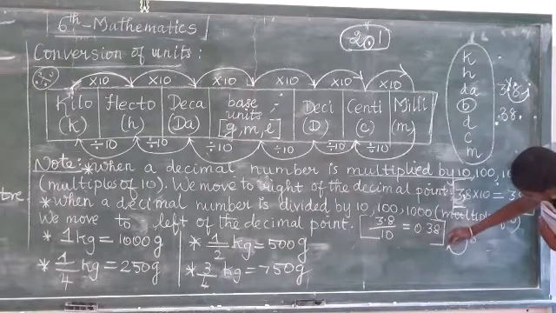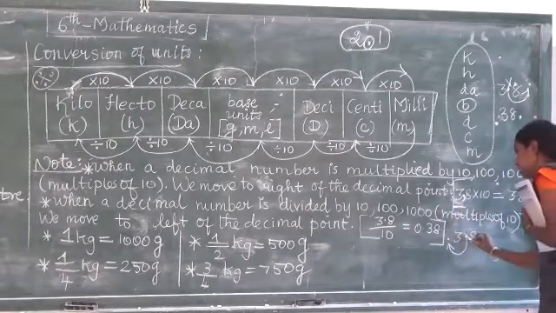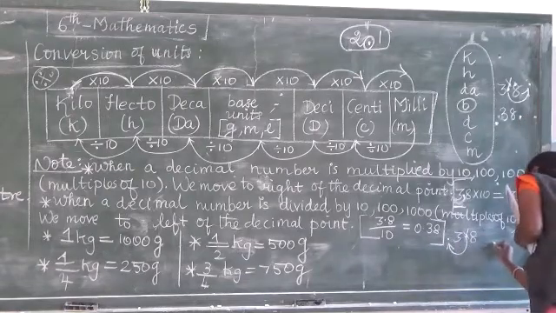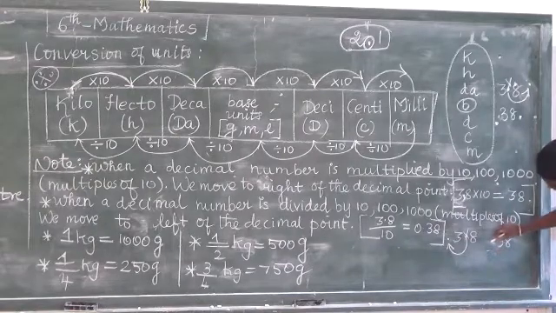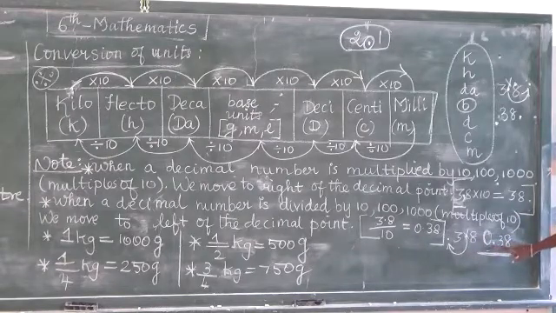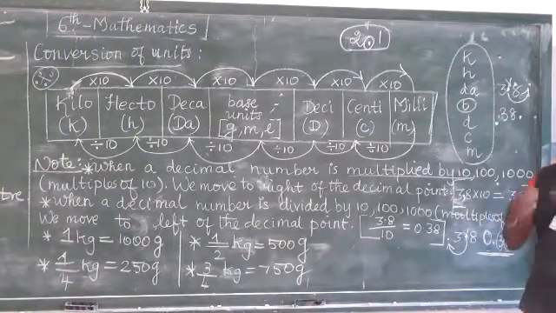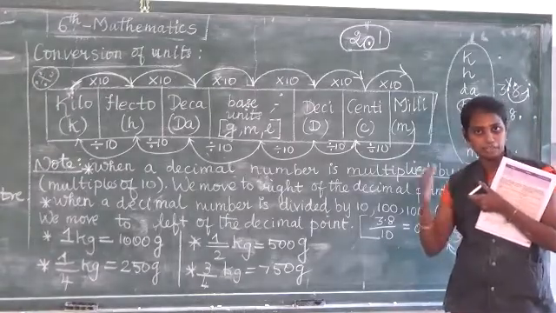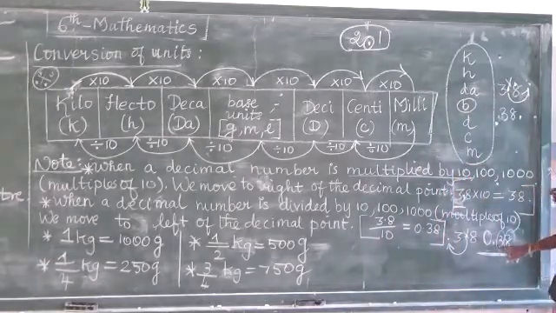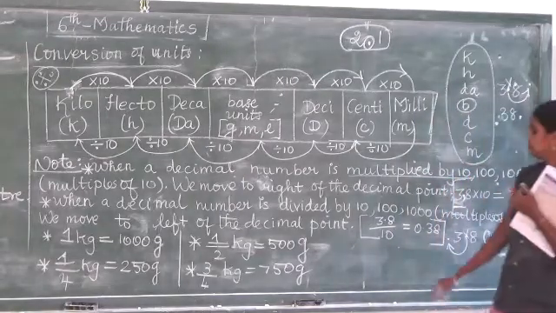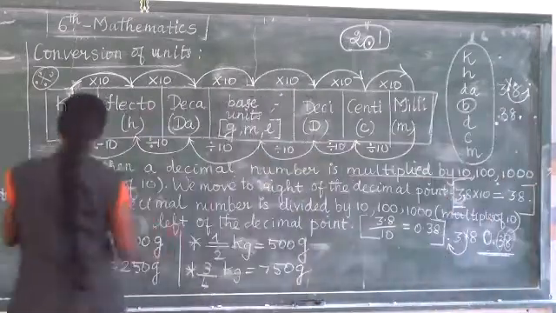From here to here, I am moving. So the point will not be here. Now I will write it as 0.38. Before the decimal point nothing is there, so I am writing 0. So how will you read this? 0.38. Don't read it as 38. You must read it as single digits, because whenever you read a decimal number, the digits after the decimal point must be read as single digits. 0.38. These two points are very, very important.